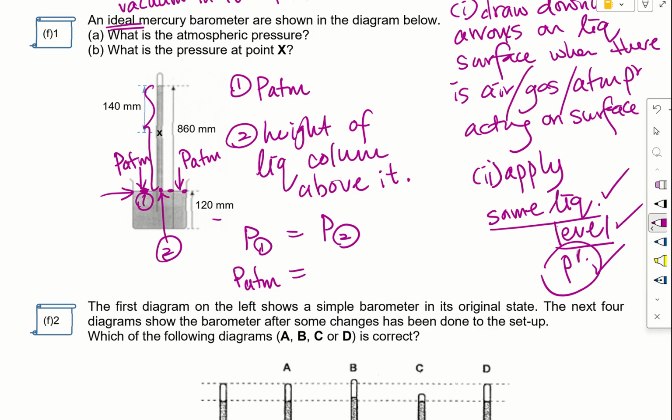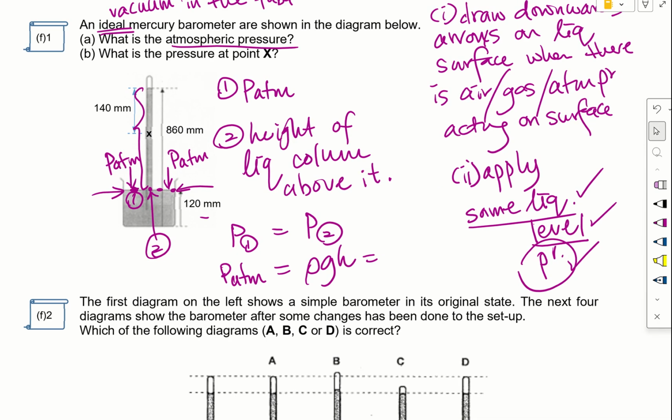The pressure at 2 is due to the height of liquid above it, which we can calculate using rho g h, right? So they ask us to calculate the atmospheric pressure. It will be equal to the height of the liquid column inside, because we are applying same liquid, same level, same pressure. So the density of mercury, let's say I set it to be 13600 SI unit,